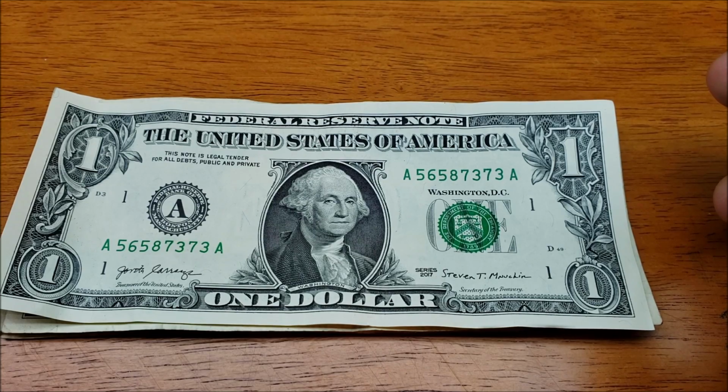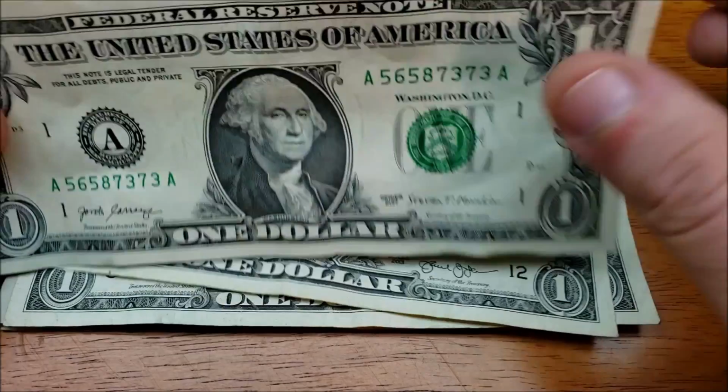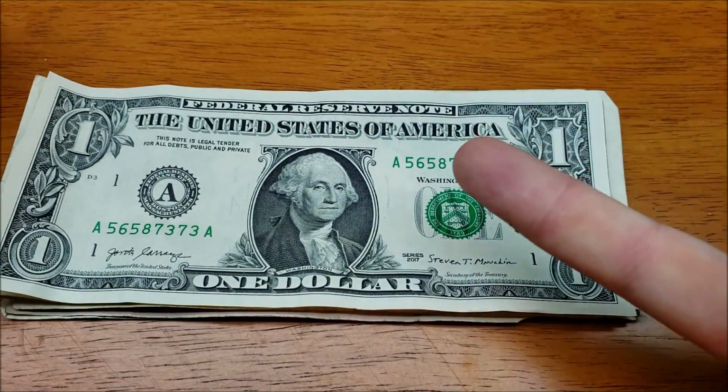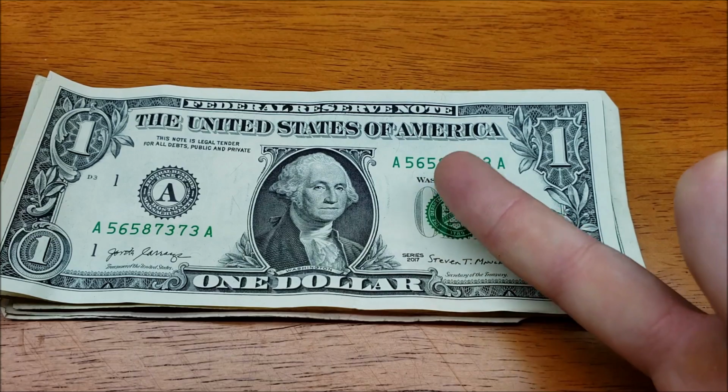Here's another one, which is actually in sequence from the other one, so that's cool. Must have just got those from the bank from the store I was at. Now, that's cool. But anyway, nothing to collect here. It would have been nice if we would have had